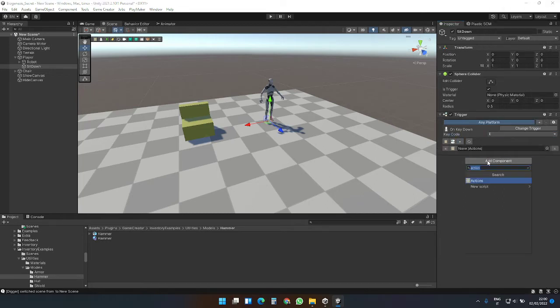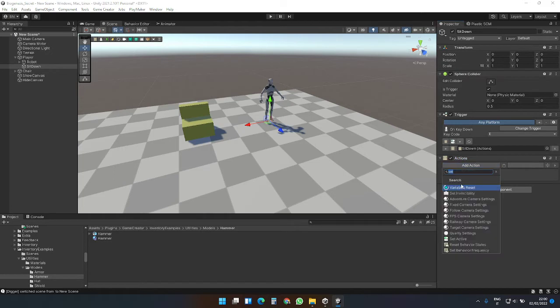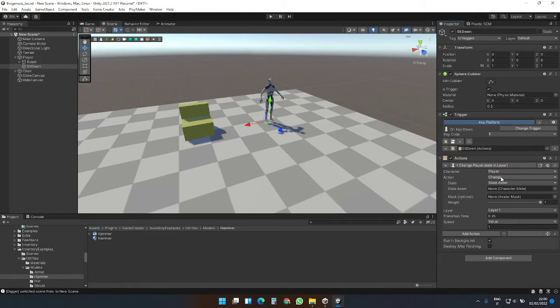We want to create an action. Make sure that you drag the action all the time. It can be very tricky. We want over here to create a state. And let's go on the state, character state, change state. Okay. Now let's go back to